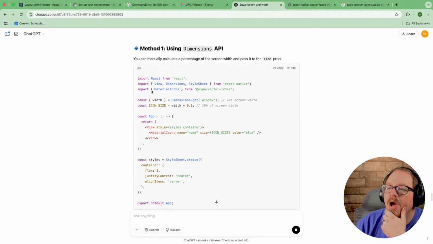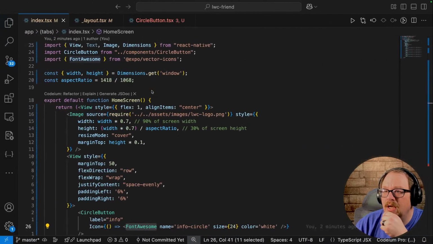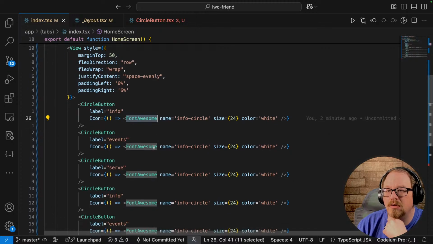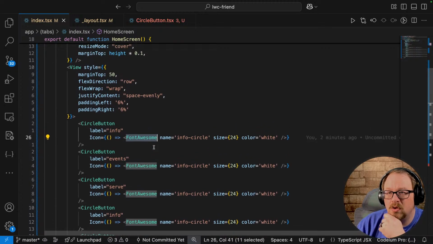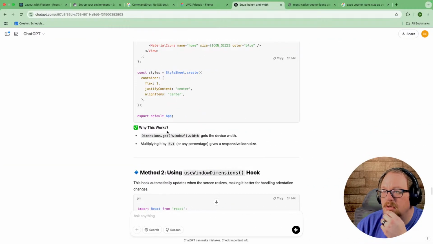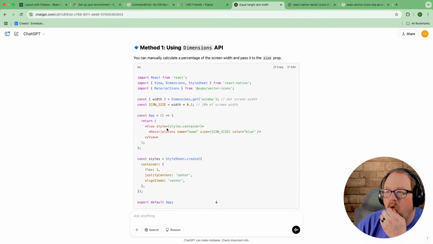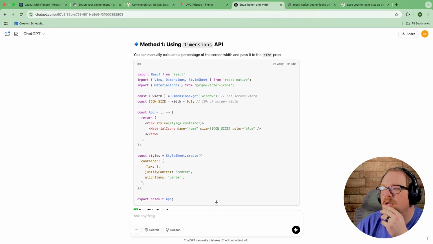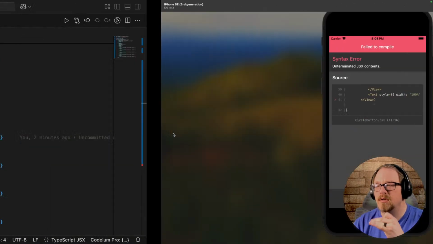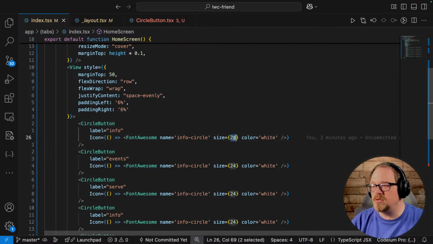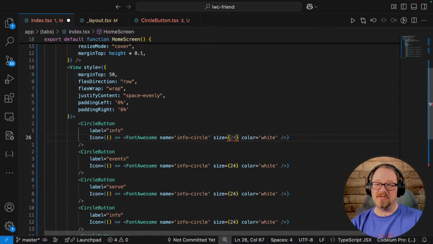Oh, we could do it that way. Hang on. We could use size. 10% screen. I don't want it that times. Okay. So I want to do this as